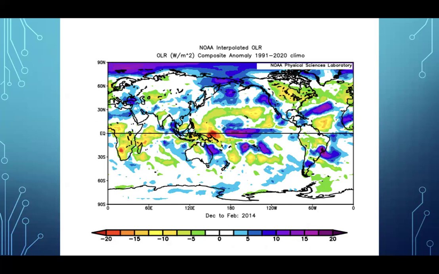Okay. So I want to show some of the tropical background states between some of the cold and warm years. 2014 was a cold event. And this is NOAA interpolated outgoing long-wave radiation. So the idea is to show across the tropics, where is it raining and where is it dry? And we're looking in 2014, the Central Pacific has suppressed convection. I should have switched this